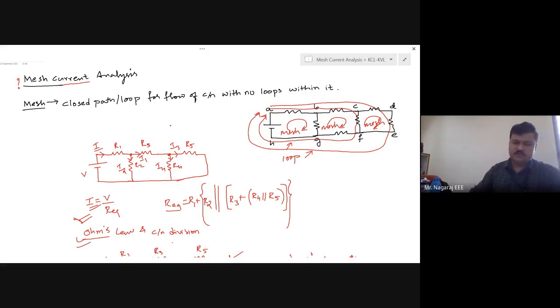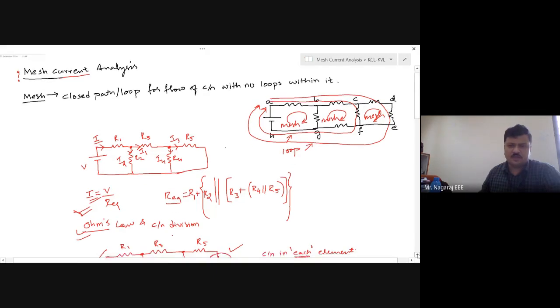As the circuit complexity increases, application of only Ohm's law, equivalent circuit, or series parallel operation, and branch current formulas may not be sufficient for us to know the current and voltages at each branch and the node. So we had to have an additional tool with which I can analyze the circuit completely so that I can get all the circuit parameters in all the elements present in the circuit. That was the motivation why we have to go for this mesh current analysis. Hereafter, we get many other analysis methods.